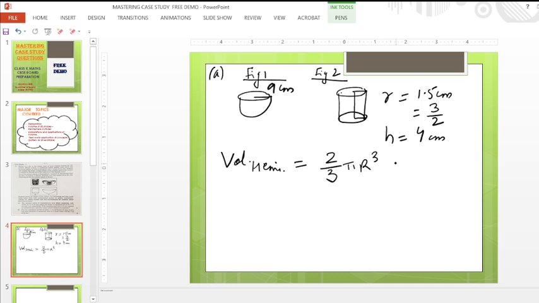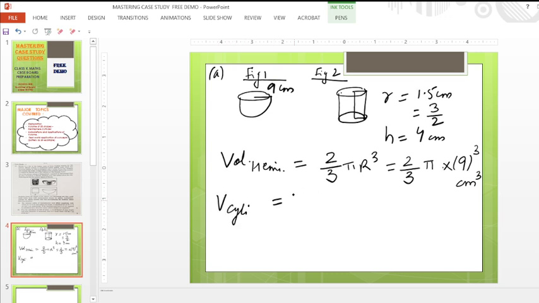And the radius is given. So we will write 2 by 3 pi as it is, and then r cube means you can write 9 cube. And what is the unit? Centimeter cube, a cubic unit. Now, if we want to pour this water from the hemisphere into small cylindrical jars, how many jars can be filled? To find the capacity of the cylindrical jars, its volume has to be calculated. So the volume of the cylinder also,